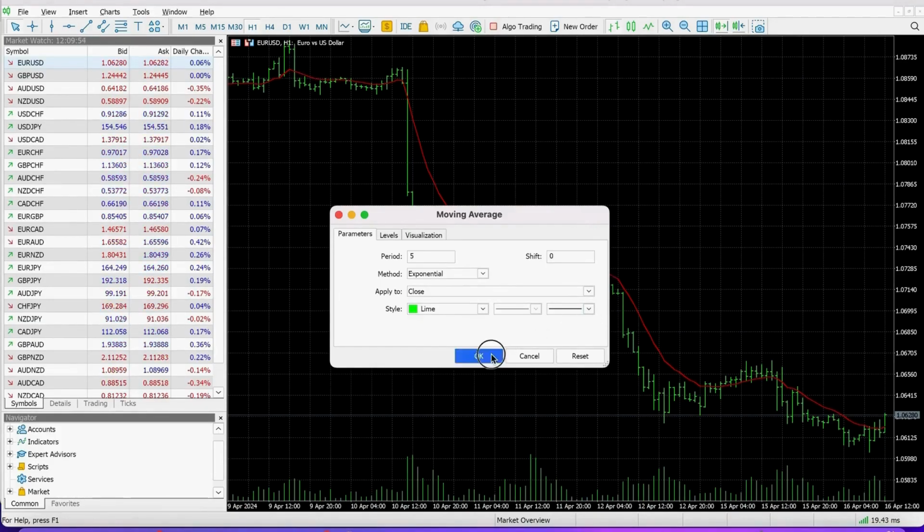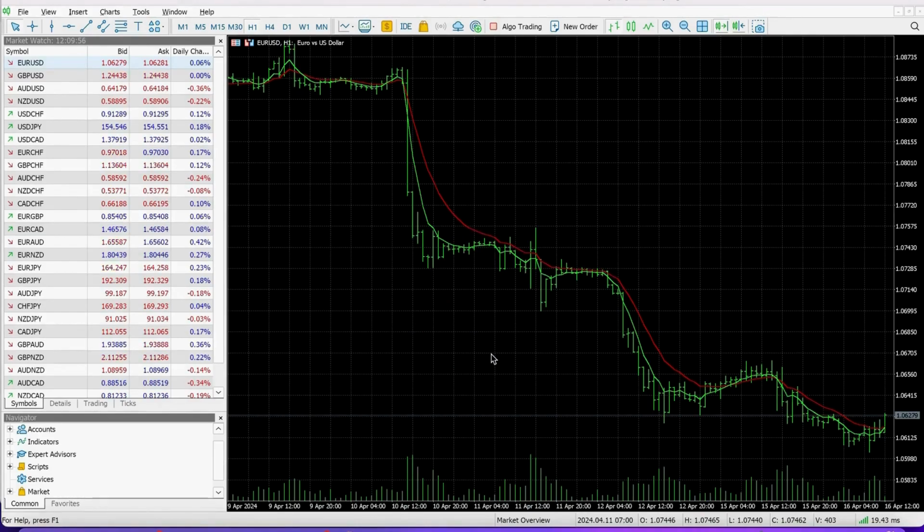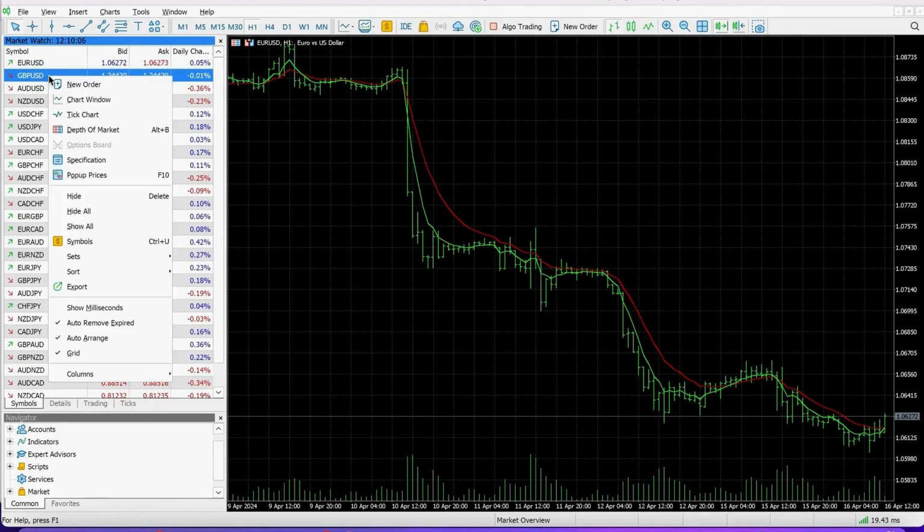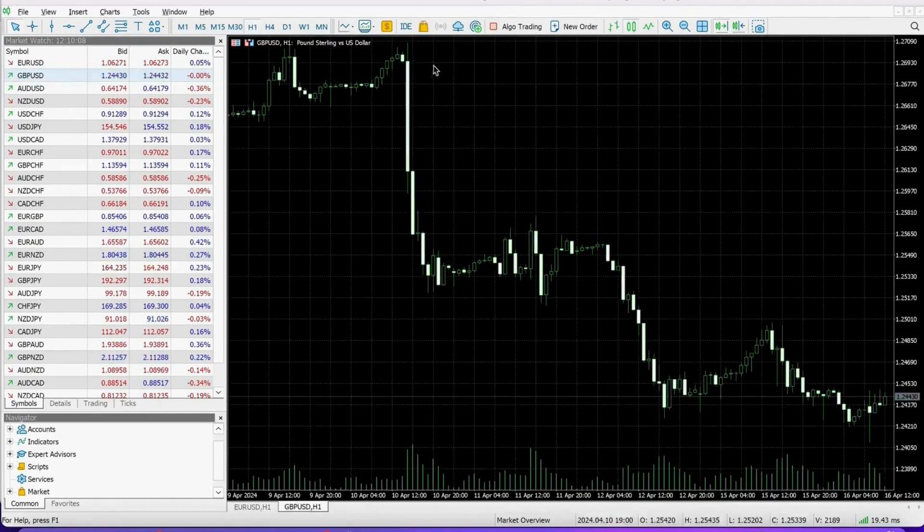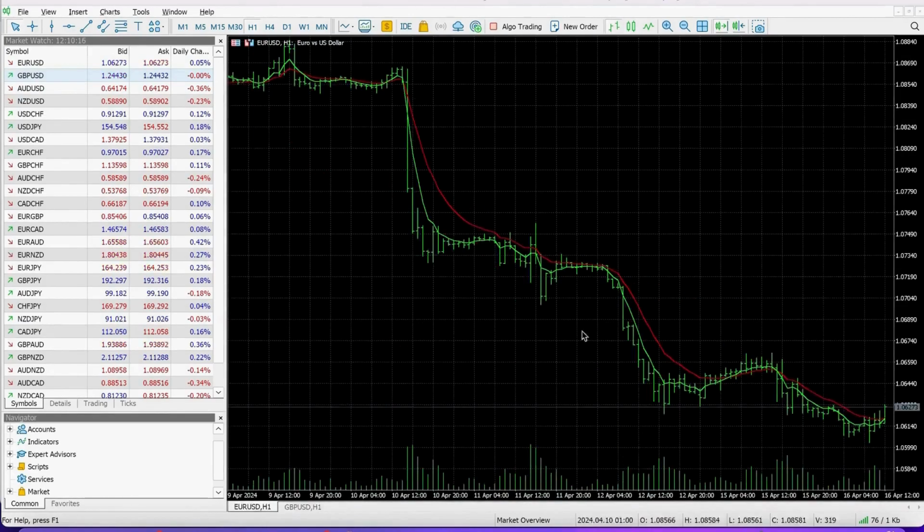Now, of course, as you know, we have 28 pairs, and at a minimum, that's 28 charts. So we want to ensure that this new template that we've created is applied universally across all of our charts. So we don't want this original looking chart cropping up every time we're looking to complete our analysis. So to use our new template, let's close that